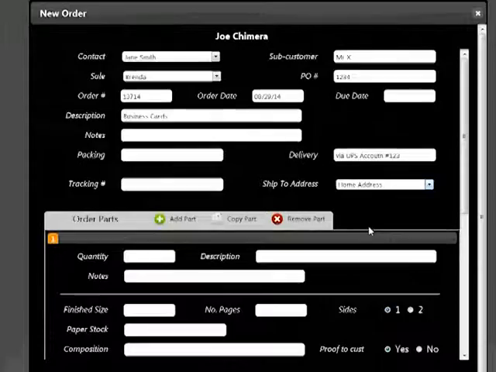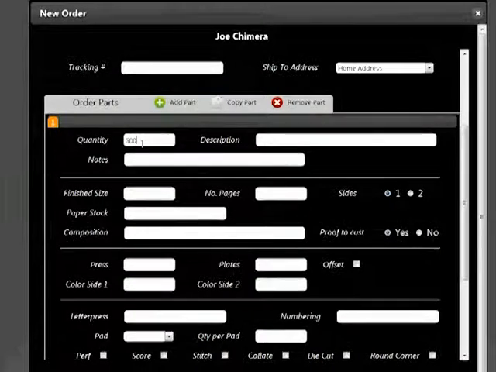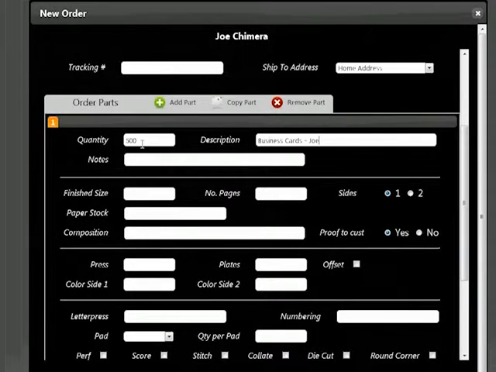Here are the job parts, and those are repeatable parts. So let's say we need 500 business cards with the name Joe. We can select the finish size or key that in, the number of pages, the sides, the colors, the paper stock.